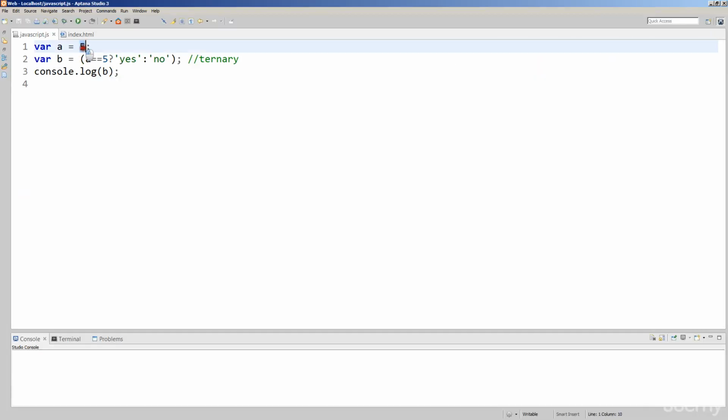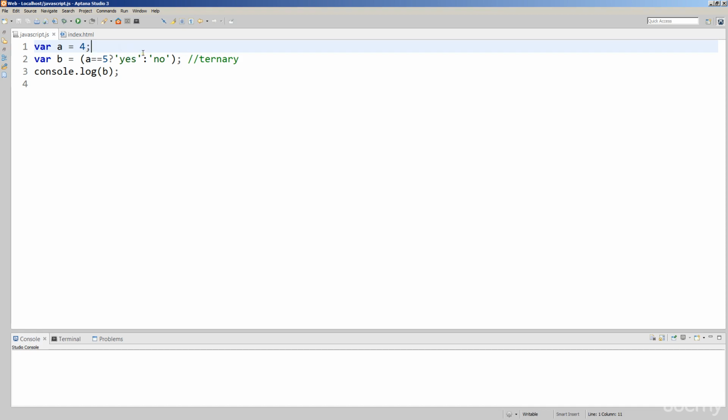If you want to set a value of b depending on what happens with another variable, you do a quick check and it saves you the trouble of writing: if a is equal to 5, then b is equal to yes, else b is equal to no. It really simplifies things and condenses that statement into one quick